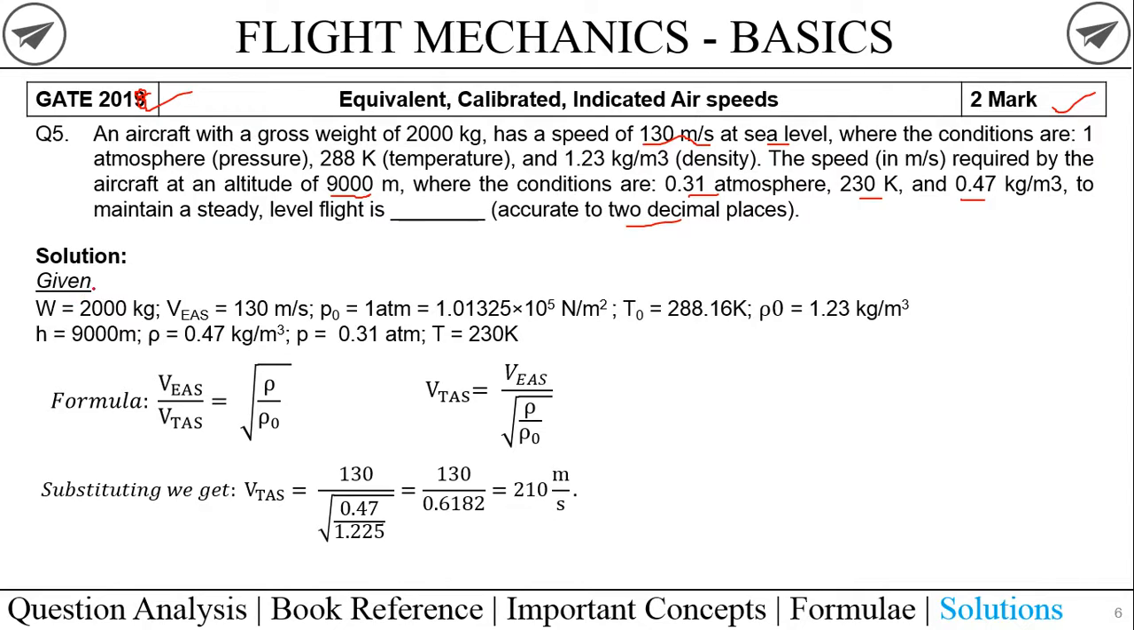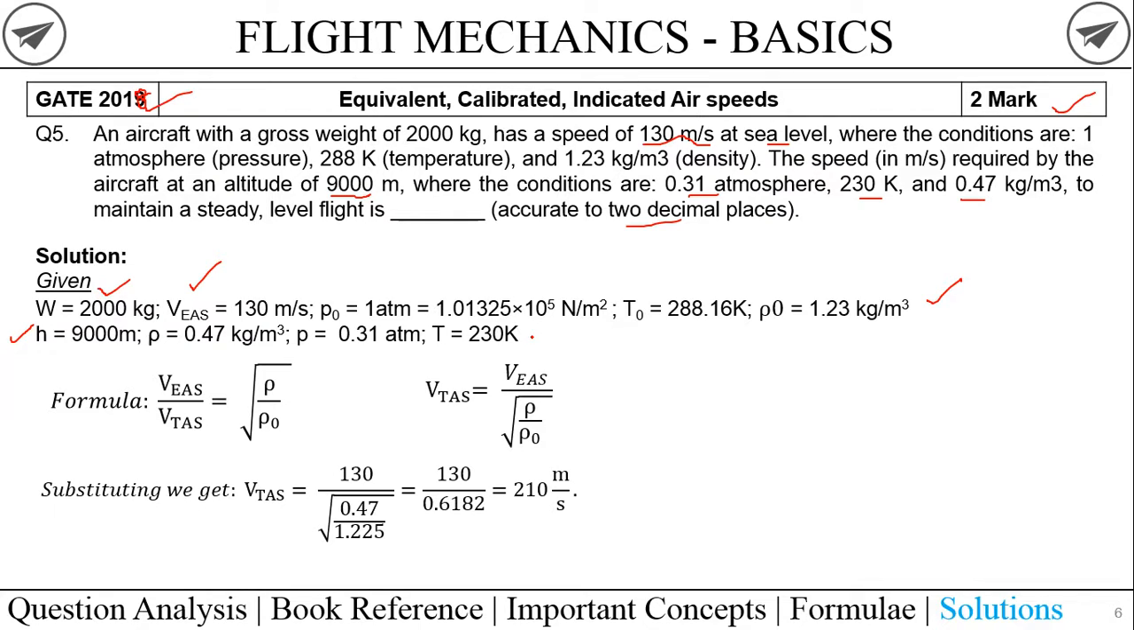Now writing down the given, they have provided the weight. As they have mentioned the speed at sea level, it is VEAS or equivalent airspeed. It is 130 meter per second, and pressure, temperature, and density at sea level are already provided. And they are asking the speed at which the aircraft needs to cruise for a steady level flight at a particular altitude of h equal to 9000 meter, density 0.47 kilogram per meter cube, and this particular pressure and